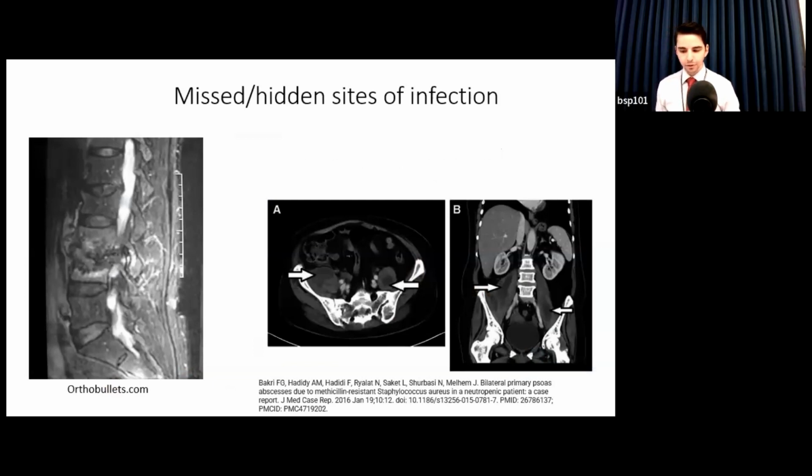Missing these infections, which can be protean in presentation, so they can have a lot of different symptoms that patients might complain about, but missing these infections, missing a big vertebral osteomyelitis, missing a big psoas abscess, and if you treat for uncomplicated disease, they're invariably going to recur. They will recur potentially with epidural disease at that point, or invasion of the psoas abscess into bone or other sites.